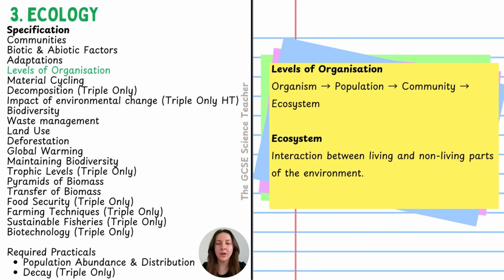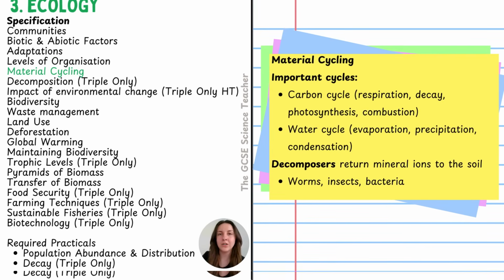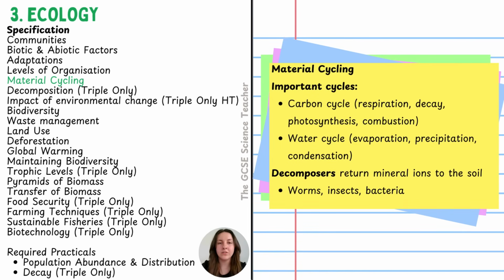Levels of organization: organism, population, community, and ecosystem. An ecosystem is the interactions between living and non-living parts of the environment. Cycles include the carbon cycle, where there are processes like respiration, decay, photosynthesis, and combustion, where carbon is actually cycled throughout. The water cycle is also important because this is where water is cycled in the environment during evaporation, precipitation,